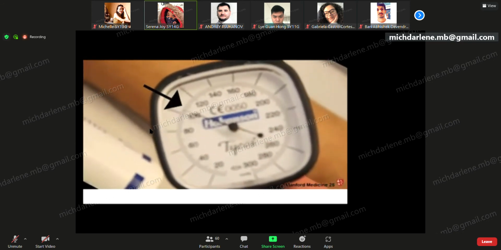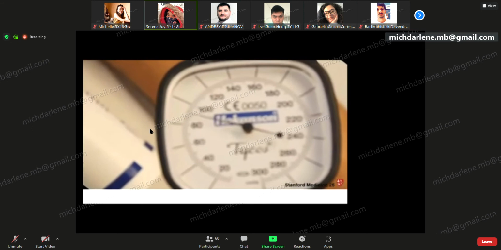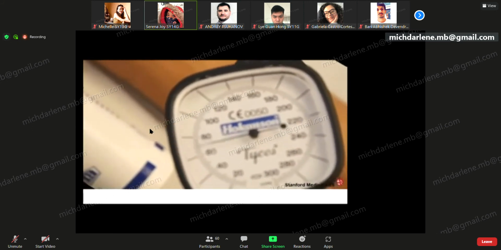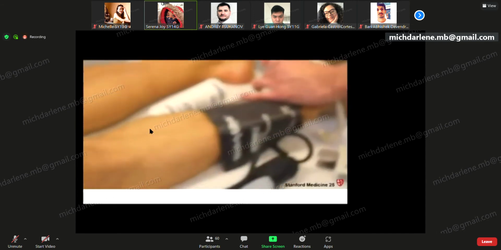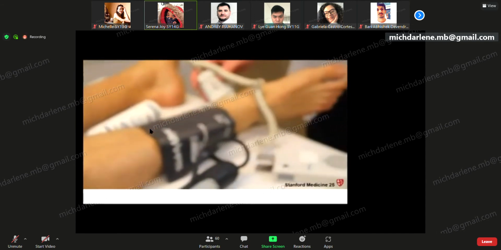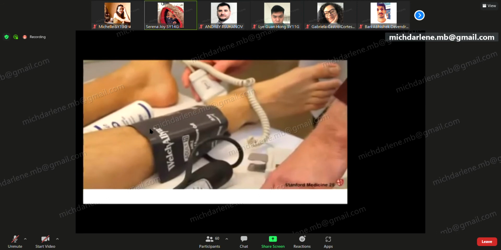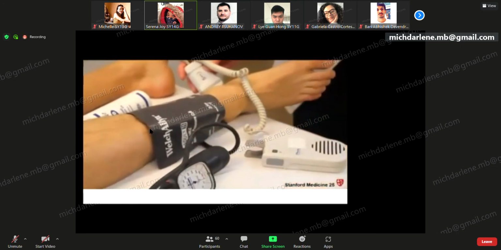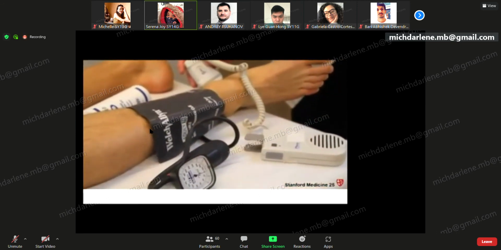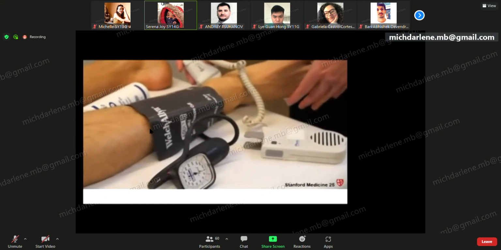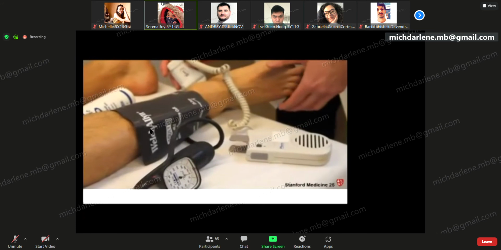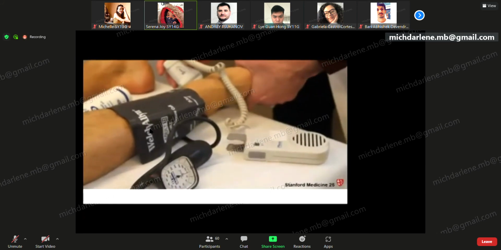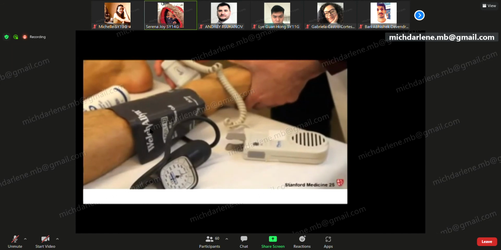And that was about 110 millimeters of mercury. That roar that you just heard, that was venous return. I'll actually demonstrate that. This is the arterial signal. You can hear that. I'm going to squeeze the foot, and you'll hear the venous return moving past that Doppler transducer. That's venous return.